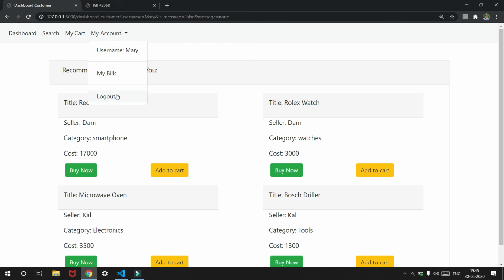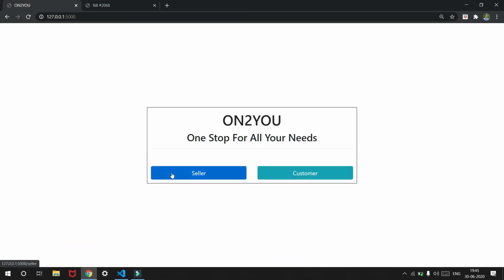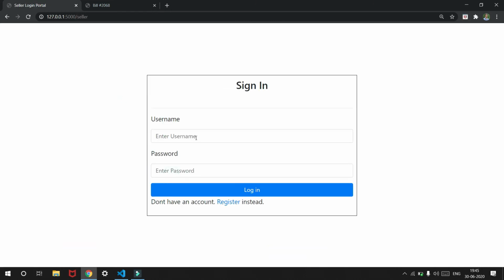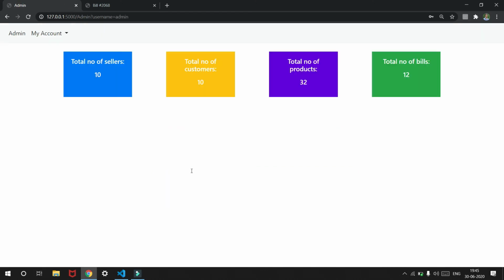Now I'm going to show you an interesting feature which we have. We are going to go into the admin view of the web application. I will log in as an admin. Now if I log in, this is going to be the admin's dashboard. The admin is someone who has access to all the data in our database.